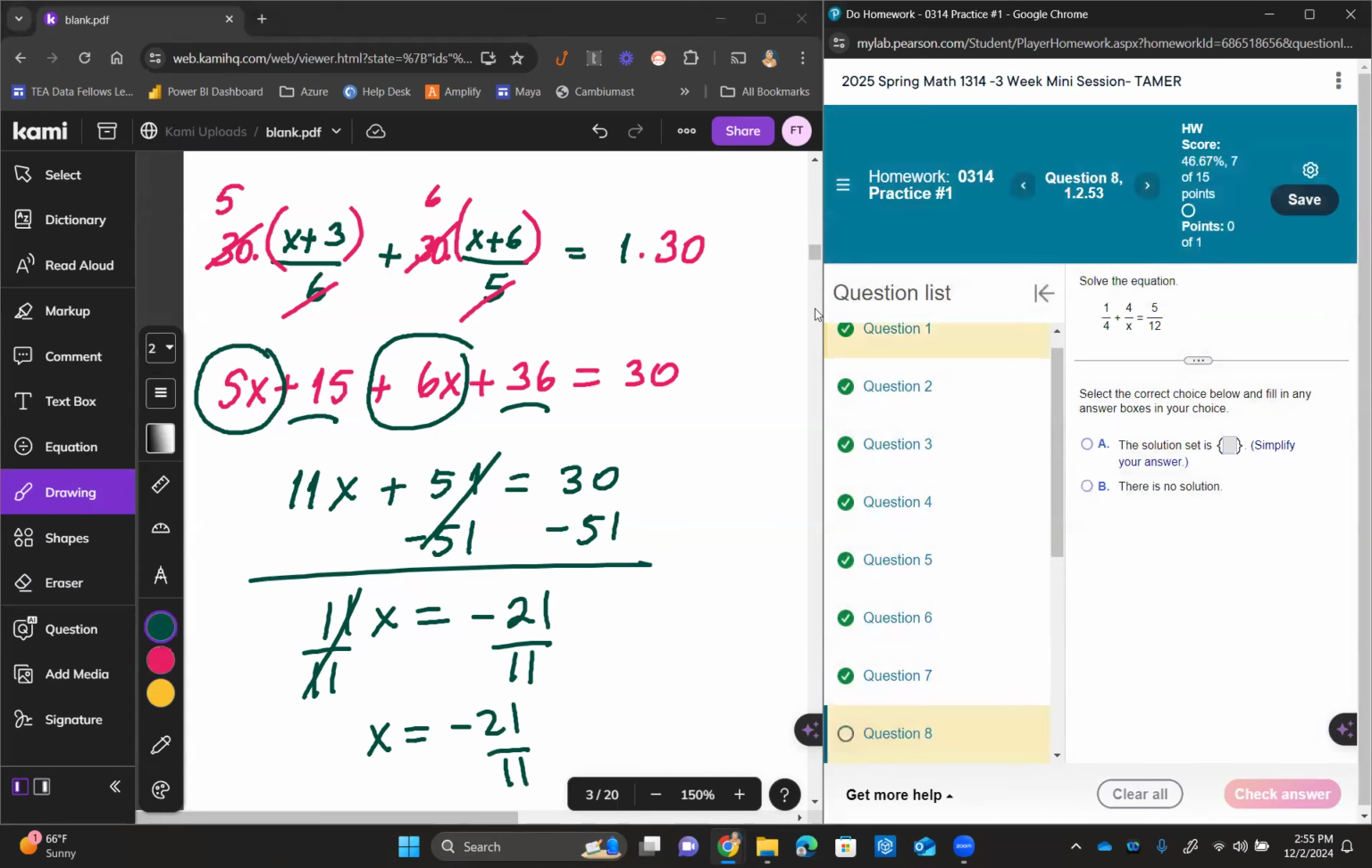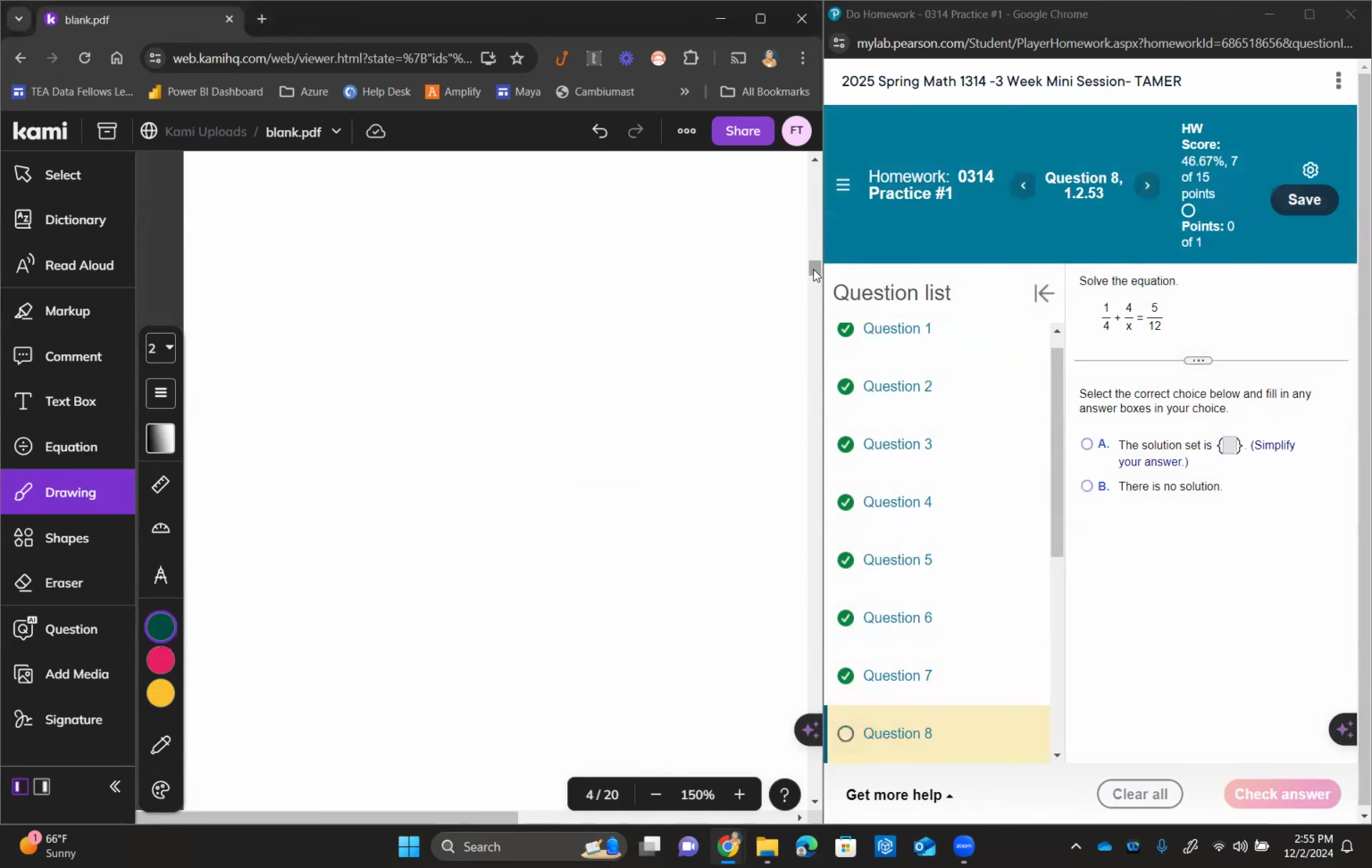Question 8 from the same assignment has another fractional equation, which looks like 1/4 plus 4 over x equals 5 over 12. This is very different now because x is in the denominator. The approach that I have been using so far is not going to work for this problem because x